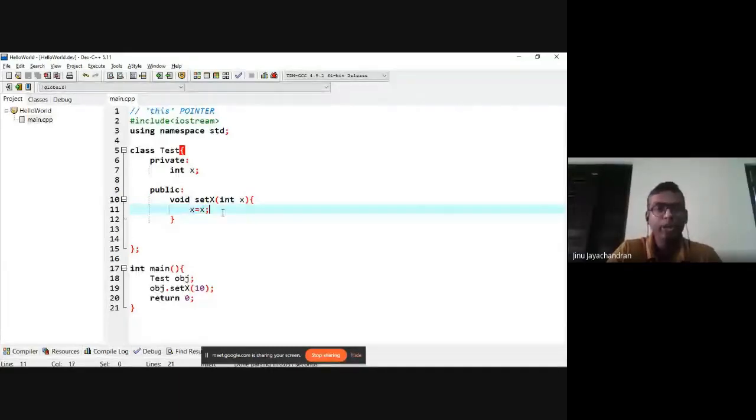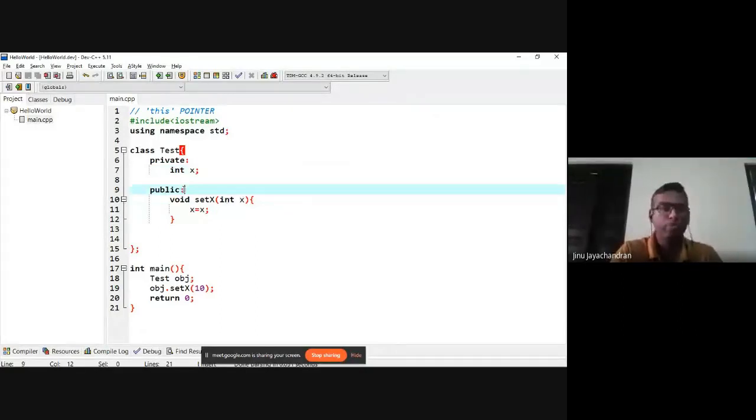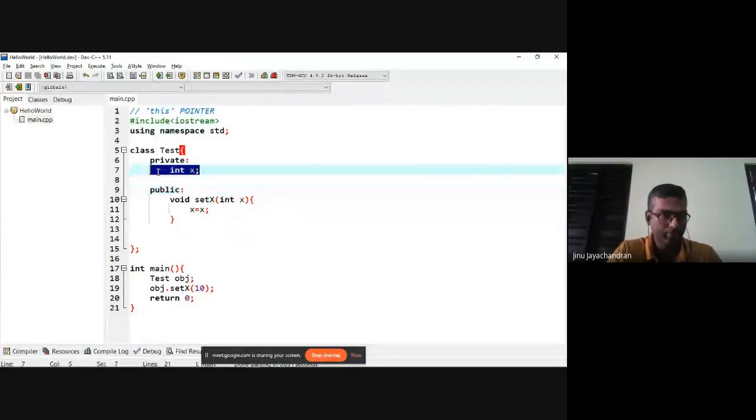So there is an ambiguity here, if you have the same name for private variables and arguments. I could also have a public variable named x. So the question is, in this situation, how will you distinguish between the private variable x and the input argument x?